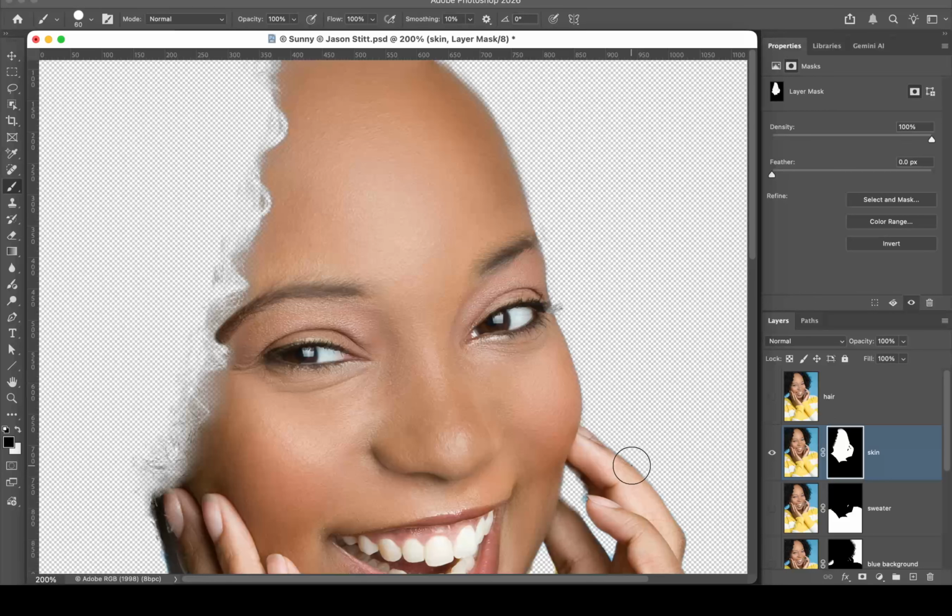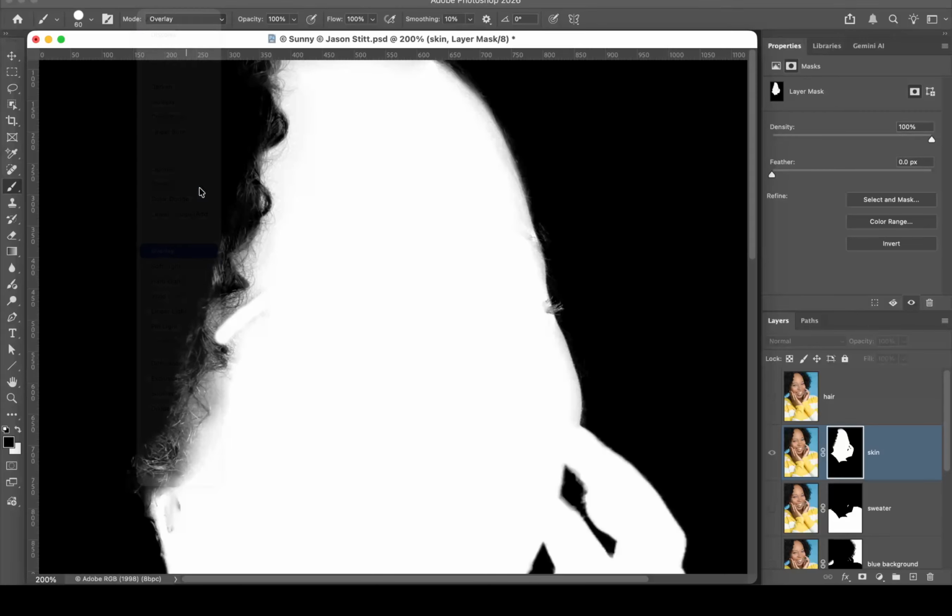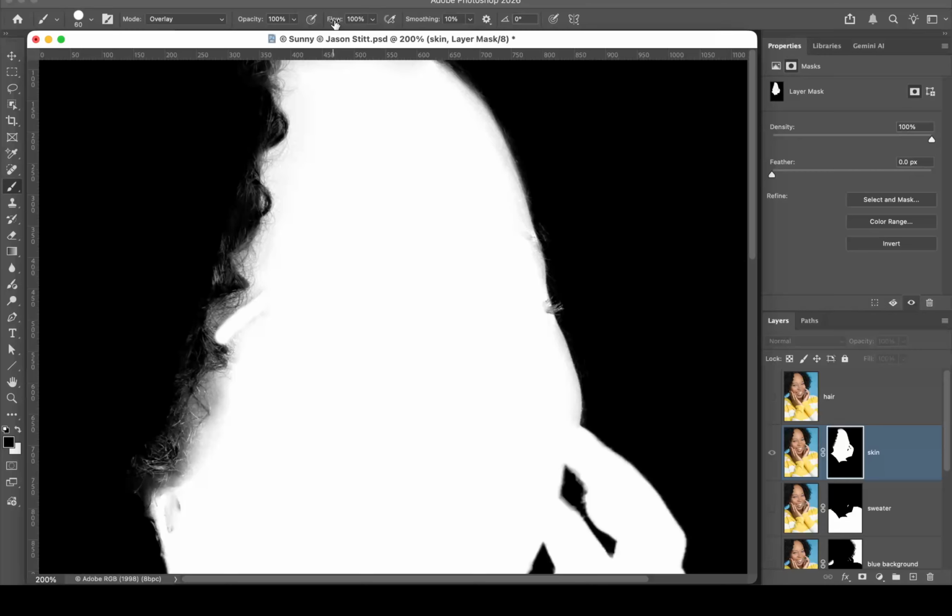Now, if you want to do a little bit more on your layer mask itself, you can hold down the Option key and click on it, and you'll see it by itself. So I've got areas in here that I think I could clean out just a little bit. So what I'm going to do is go to an overlay brush. I'm going to really drop the flow of my overlay brush down, to like 1 or 2, 3%, 2% in there, probably. I want to clean this out. It's too dark in this area, but I don't want to kill all this fine, beautiful hair that I've got in here. So with a very low flow on your brush, using your tablet,